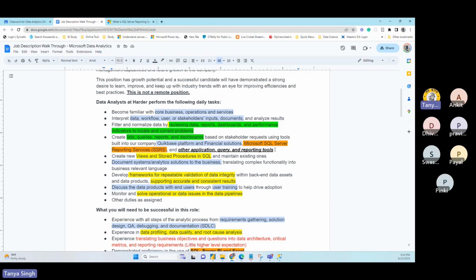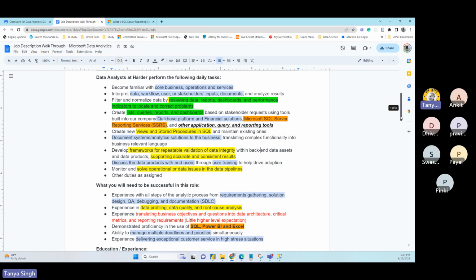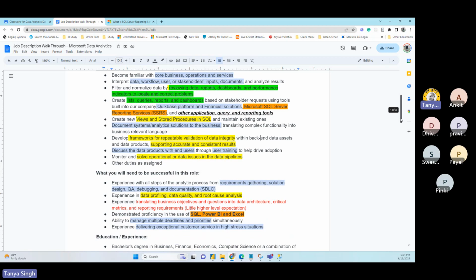You have an advantage if you have worked on the Microsoft tool and you are applying for this job. Definitely it will be an advantage for you. But it does not mean you cannot learn it. You can easily learn it. The next line is about the view and stored procedure in SQL. That's purely for the Microsoft SQL or database. And the concept is common, like the concept of views is available everywhere. Whether you're using DB2, whether you're using Oracle, or whether you're using Google BigQuery, everywhere the concept of views is available. And what does it mean?